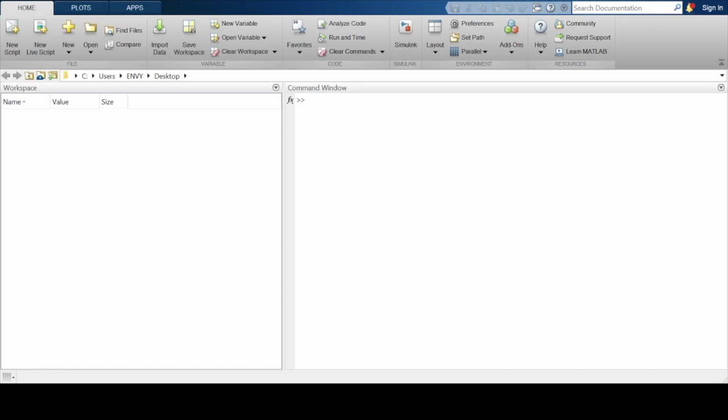So whenever you want to enter a list of numbers or text, you write it inside square brackets. The left square bracket starts a list, and the right square bracket ends a list. Each entry in a list is separated by a comma. So let's dive straight into MATLAB to see how it's done.